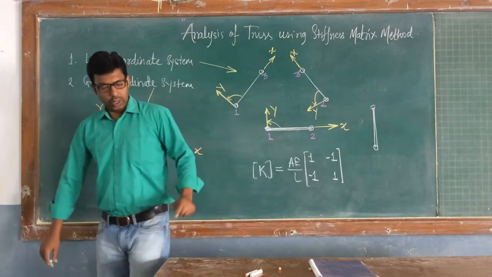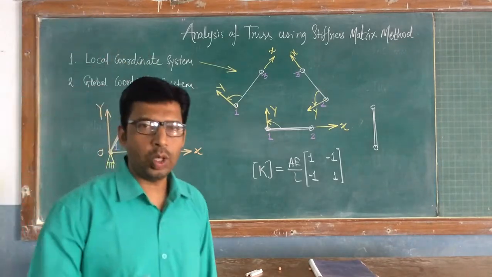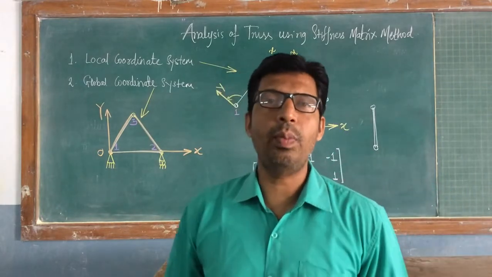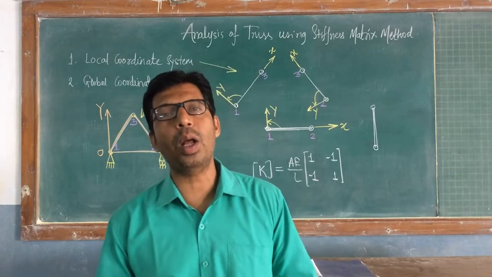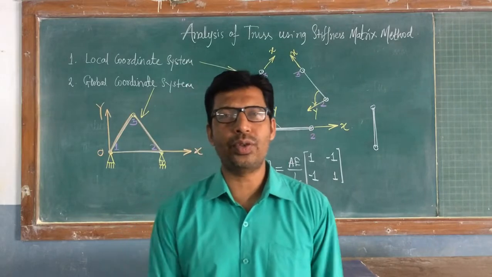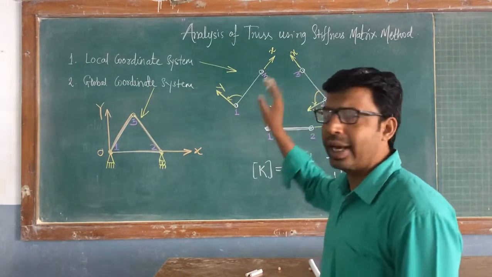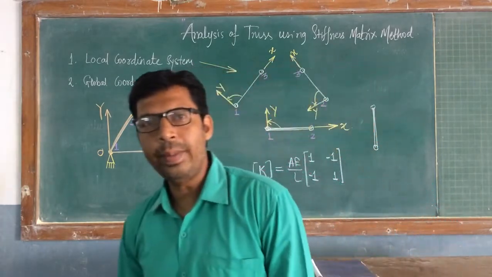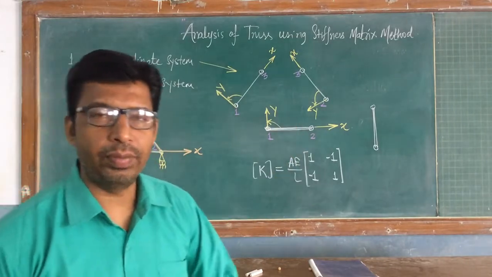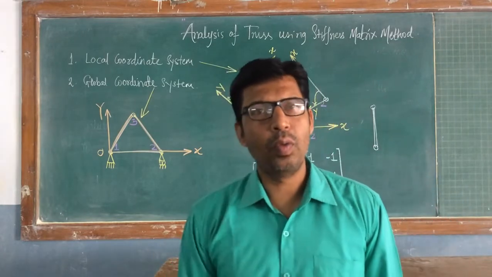Right? So now if you look at it, a truss structure is not a primary structure. It is actually the assembly of a number of bar members together. When you connect a number of bar members together, it forms the truss. So if you separate all members of a truss, those members are nothing but bar members. So the stiffness matrix of bar is used to represent the individual member of the truss. But of course, now some conditions will change.